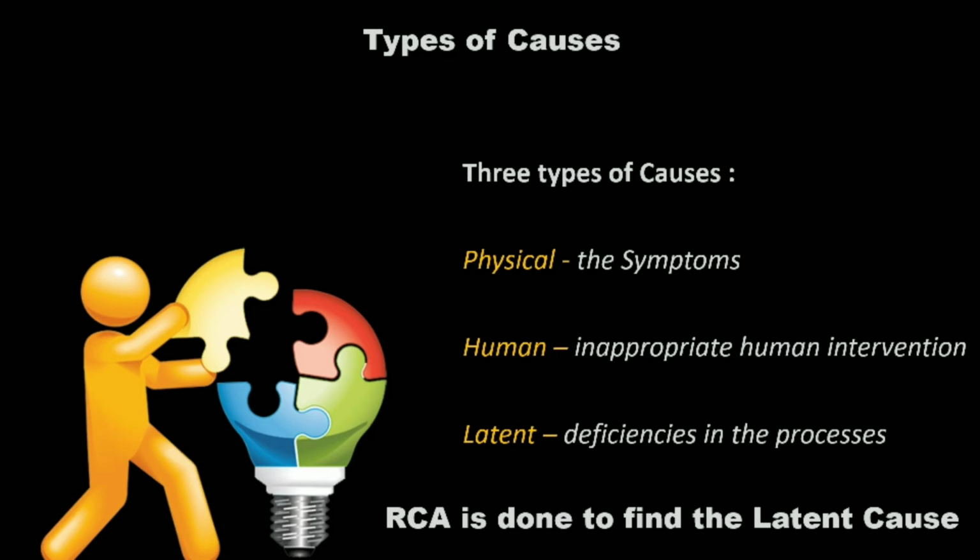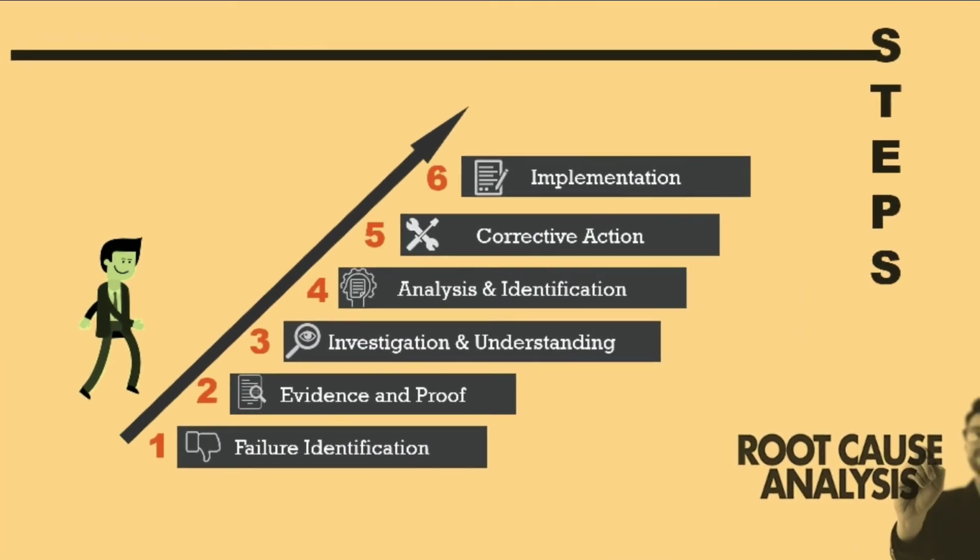Let's have a look on the steps followed in a root cause analysis. First, we identify the problem or the failure. This is the most important step in the root cause analysis process, as without narrowing down to the exact problem, the analysis will provide inaccurate results. Once the identification of problem is done, we try to collect evidences and proofs, and then we classify them along a timeline of failures until the eventual problem or failure is found. This leads to investigation and understanding of the proofs.